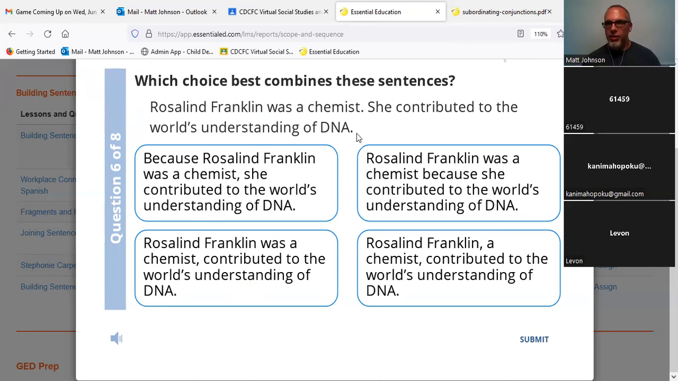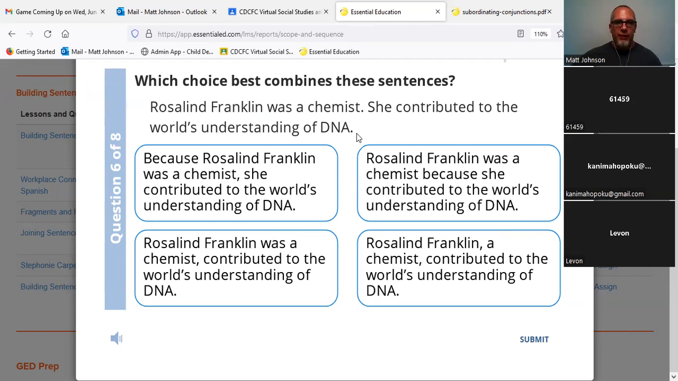What are we going to do here? So here they're going to make one independent clause out of this. Okay. Rosalind Franklin, a chemist, contributed to the world's understanding of DNA. That fourth option there is what we're looking at. And, to reason through that,